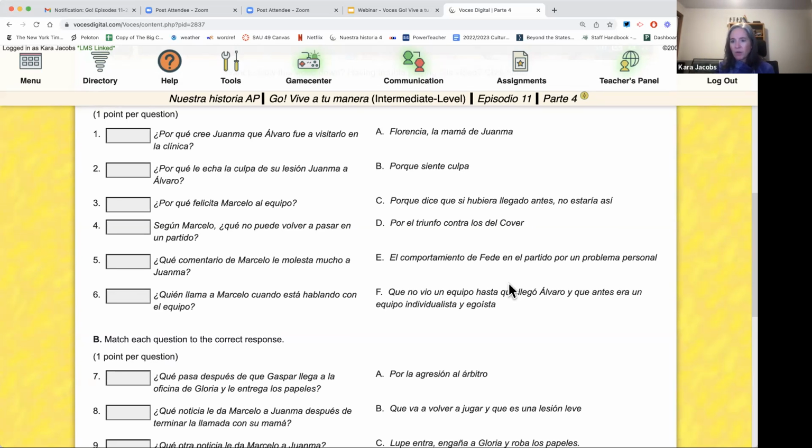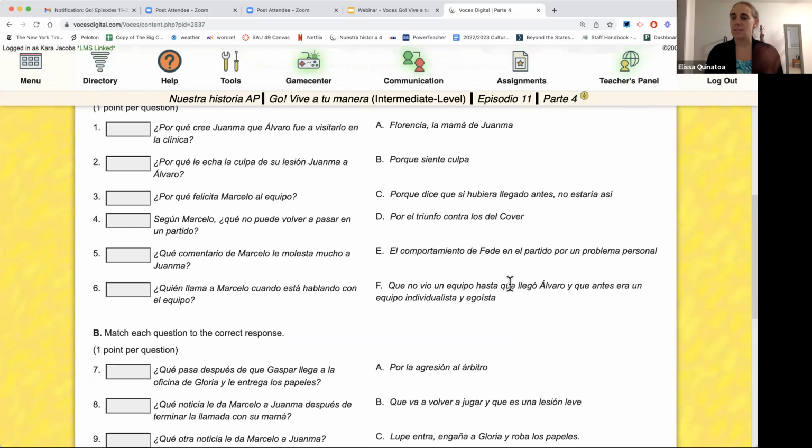Mm-hmm. And to add off of that, with some students making the jump from novice to intermediate, the great thing about having both the novice and the intermediate is that sometimes if I'm going to adapt one, I want one that goes quicker. I might choose one intermediate activity that I really want them to do on their own and work through. Then I might adapt some of the intermediate ones to do together as a class.